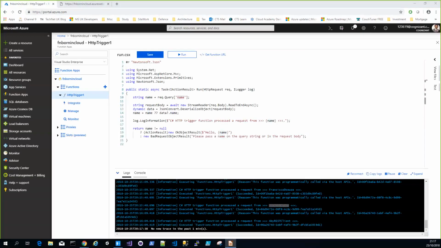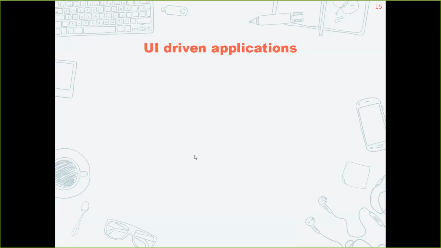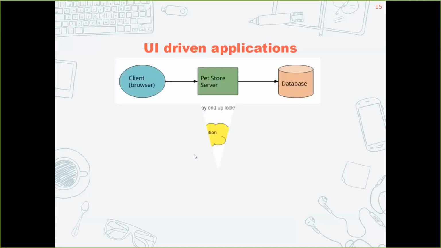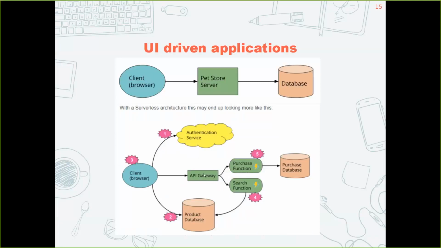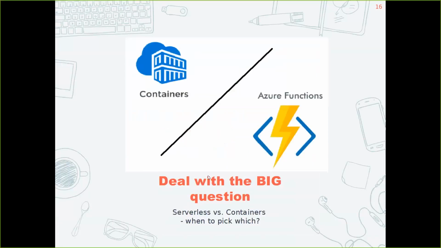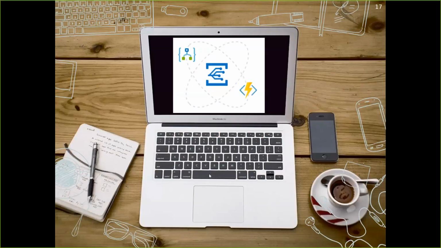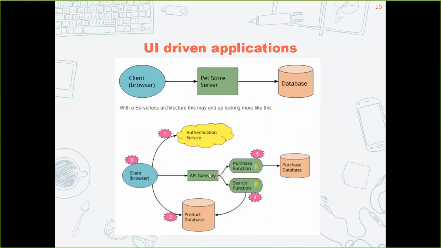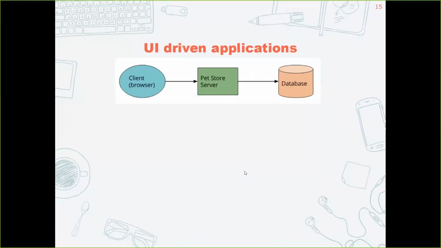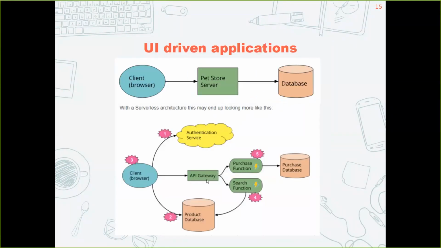The only way to control it is if I was to put an API gateway in front, which comes back to my previous slide, which luckily I didn't realize I had before. If I've got an API gateway in front, that API gateway would have a key associated with it, and that key I would give only to one person. Now in the background you have the code key which the Azure function expects, but the API gateway key will be unique to each user, and by that I can rate limit you.